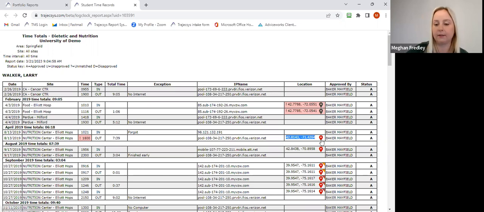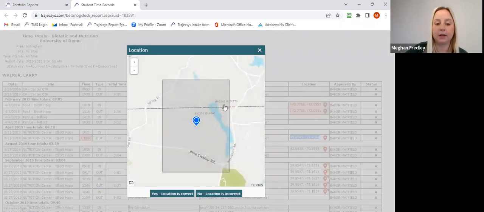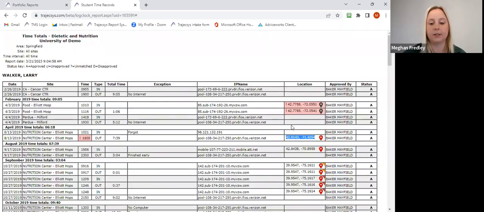So we can go ahead and click on this pin, and we can see exactly where they were when they clocked in. Now, one of our newer features is geofencing. So that range can be as small as 10 feet from that button push. It can go out to 1,800. So you really get to designate for each site how wide that range is